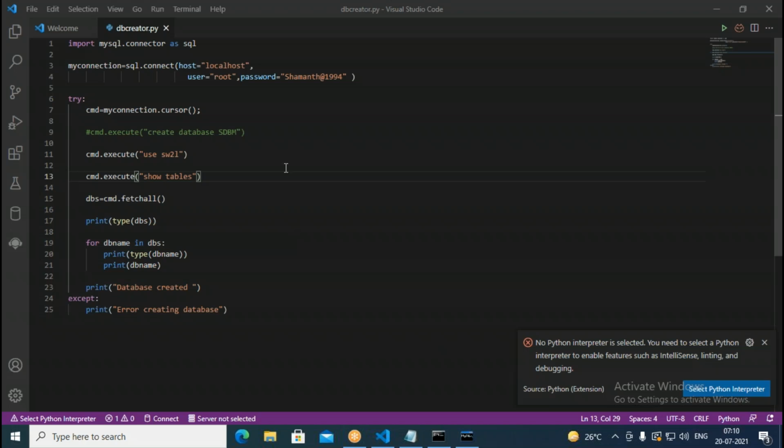Suppose you want to create some other table. In this, I want to create a new table here. If I want to do something from here also, a new table can be created. I put a comment here, and this also I comment. Then I can put on the top something like print table created.